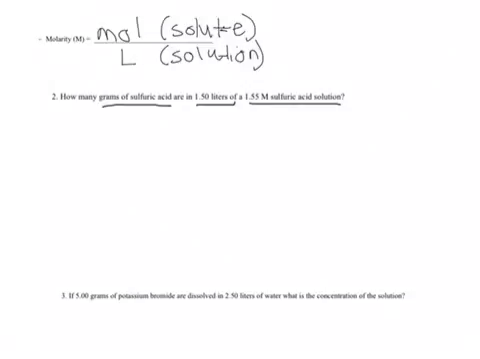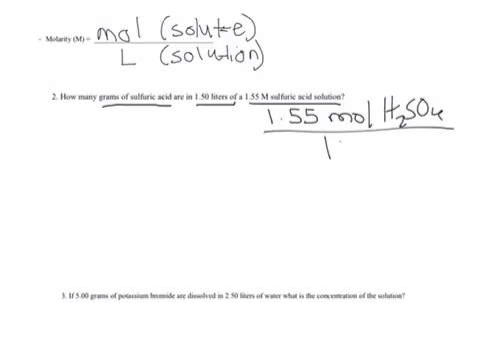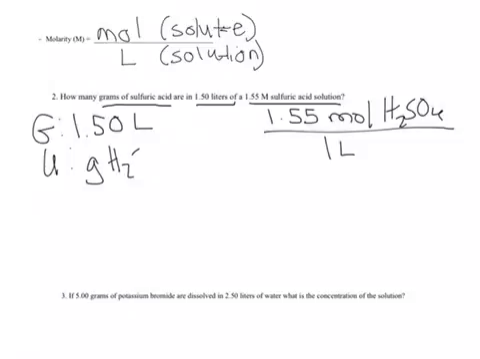So I'm going to rewrite my molarity as 1.55 moles of sulfuric acid over 1 liter, because it is moles per liter. Now I am searching for my grams. That is my unknown. My given is my liters, and my unknown is the grams of